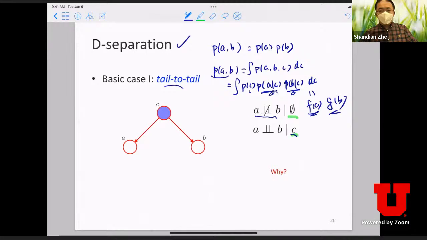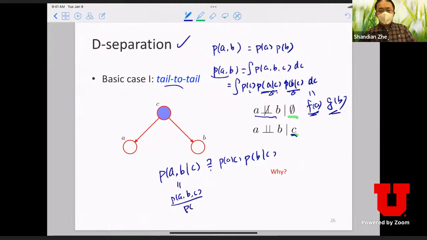But now, if C is given, I mean, C is a known value, let's see what happens. If we want to take a look at the conditional probability, if you want to say A and B are independent given C, it's just to check if this equals P of A given C times P of B given C, right? That's the definition of conditional independence. So you can check, right? This guy equals